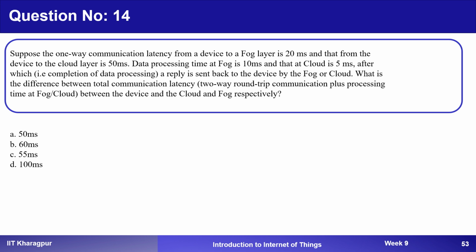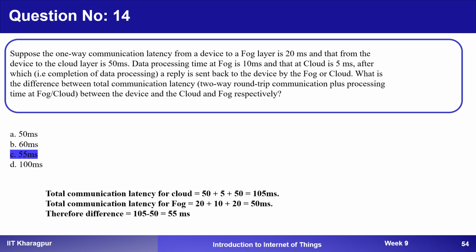Okay. So the correct option for this is option C, because the total communication latency for cloud is, see there, the one way communication latency for cloud is 50. So round trip time will be 2 into 50, that is 100, and the processing time is 5. So total communication latency is